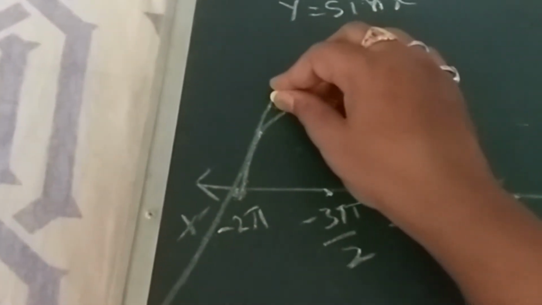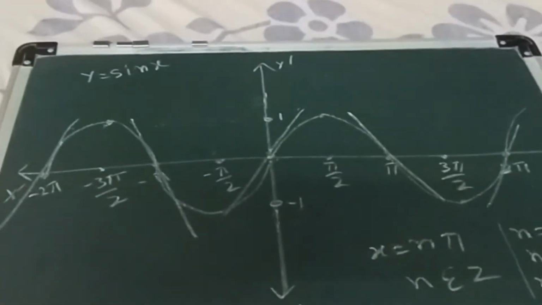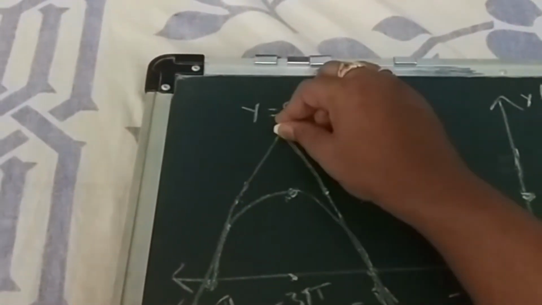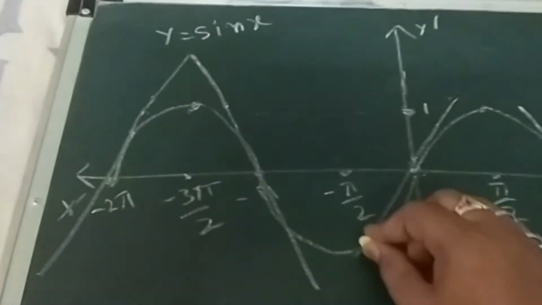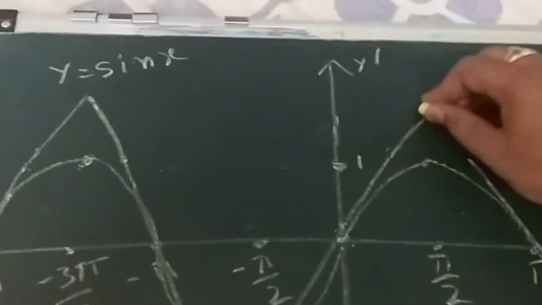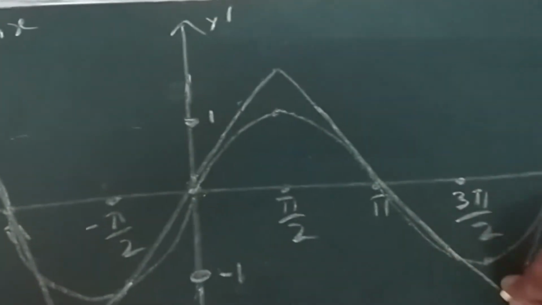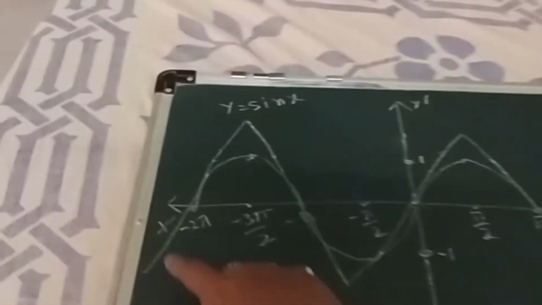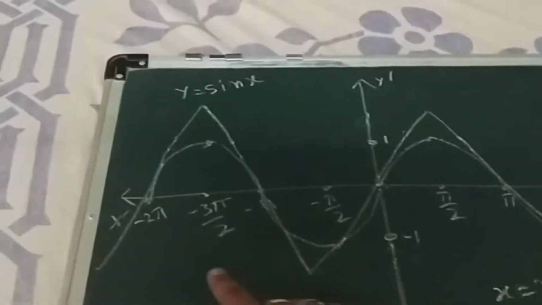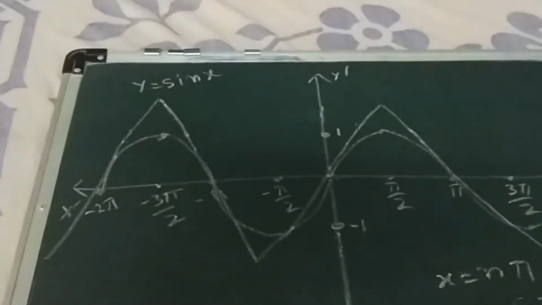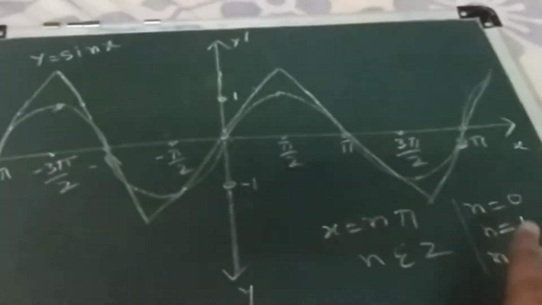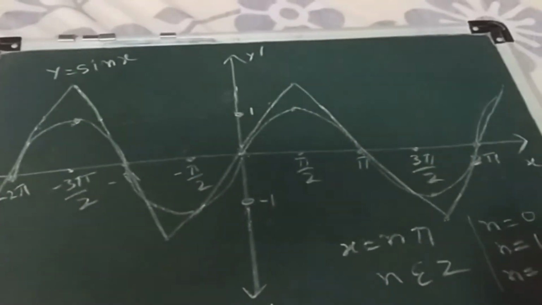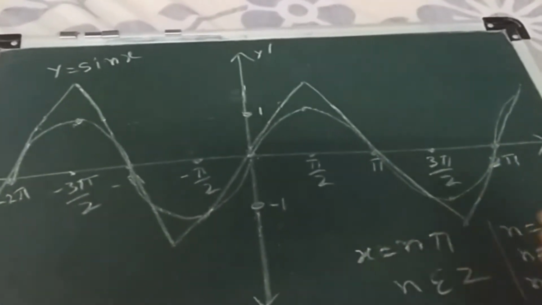Okay, so these tangents can be joined, means if I produce it, it will look like this. It can be joined here, it can be joined, and so on. Okay, it was curved. Now it is not a curve, it is looking like a zigzag line when we are drawing tangents at x equal to n pi and joining them. Now actually what we are getting, that I will discuss in my next video.